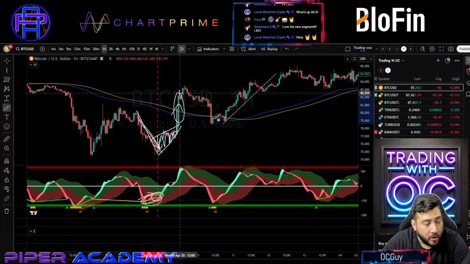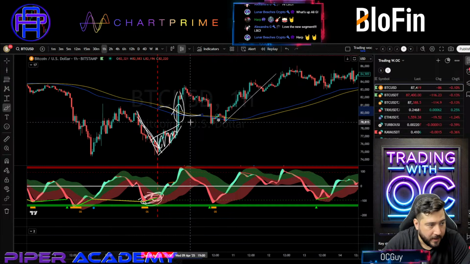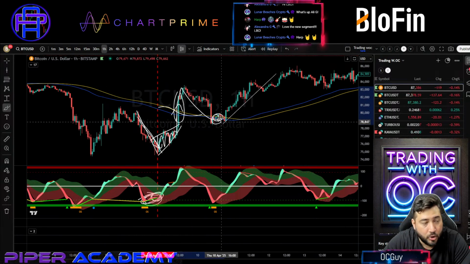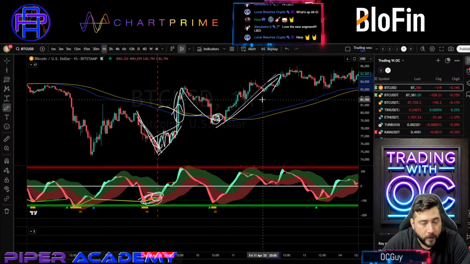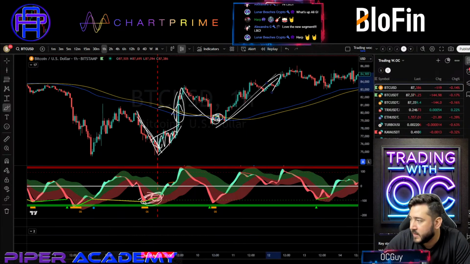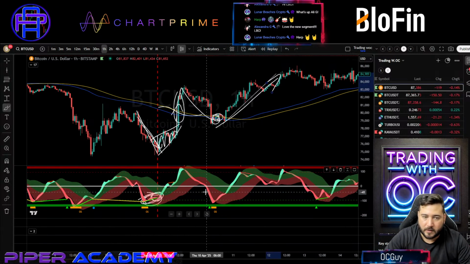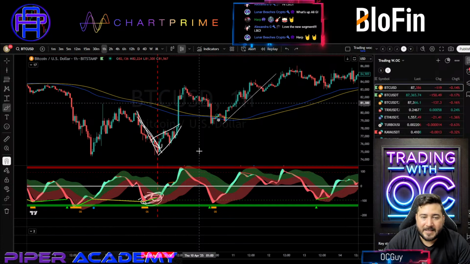Big body candle going through your SMA combo. What happens is not about your breakout, it's about your retest, your entry, and off we go. Happy days. All right. So this is basically how the psychology of the breakouts of these patterns played out. Let's start measuring.